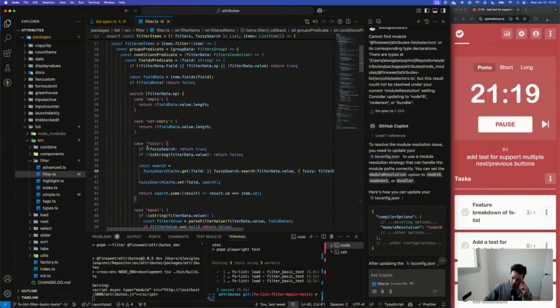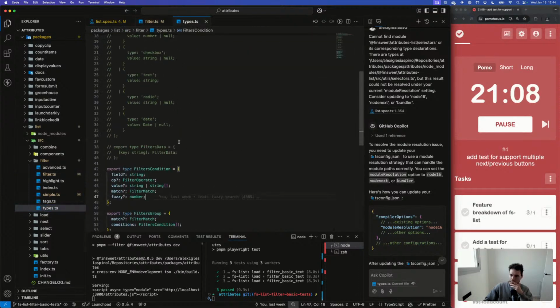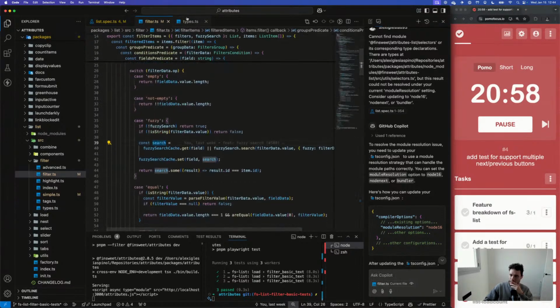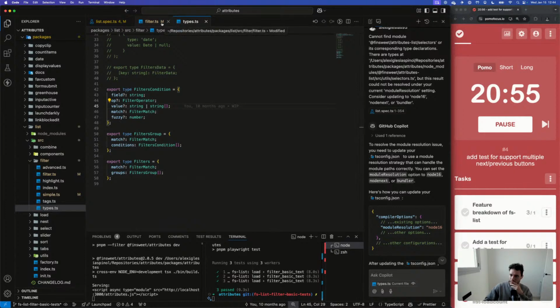if it's a number, let me see, one second. The values are always collected as strings. Right. So filter data.